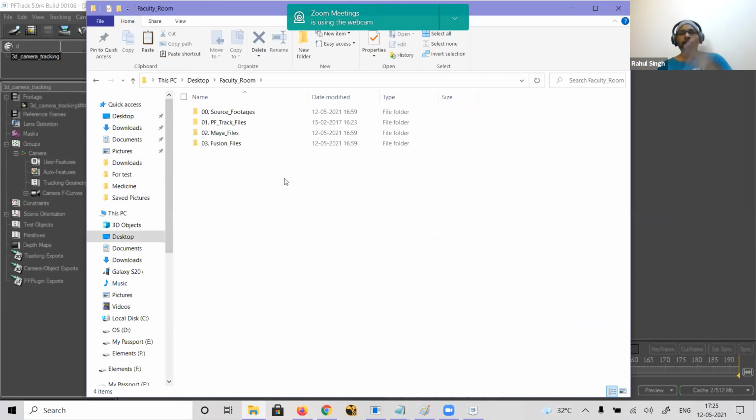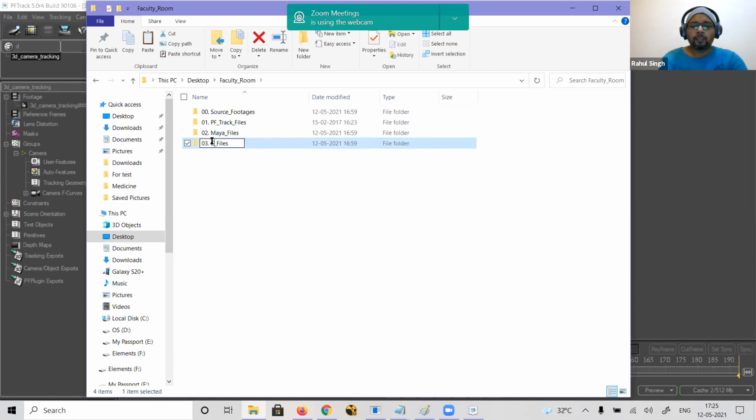Suppose I am working on a project named faculty room. You have to make 4 folders inside. One is the source footage 00. Another is the PFTrack files, where you will save the PFTrack project. Third is where you will export the Maya file. Fourth is Fusion, or you can rename it to any of the comp files.